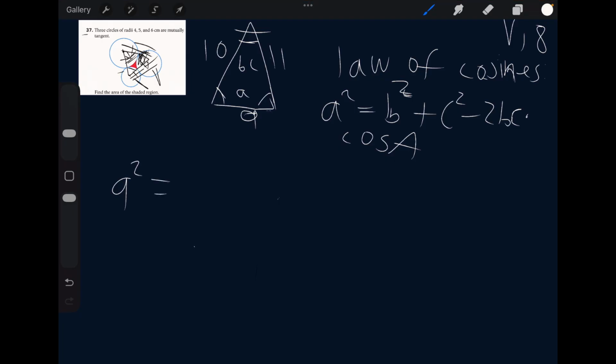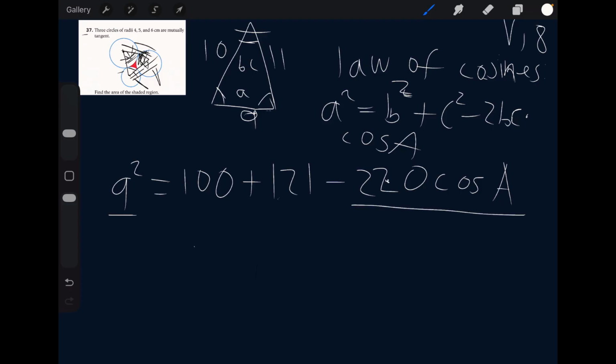and B is just 10, so 100 plus 121 minus 2, and B times C is just 11 times 10, and that's 110, and times 2 is 220, so 220 cosine of A. And simplifying by just adding this to both sides and subtracting this from both sides and then dividing by 220, we'll get that cosine of the angle A will equal,